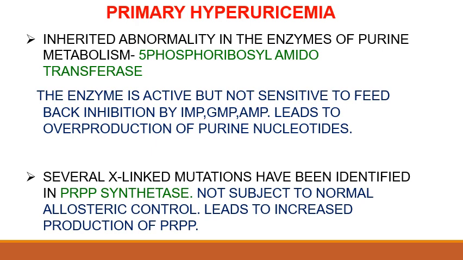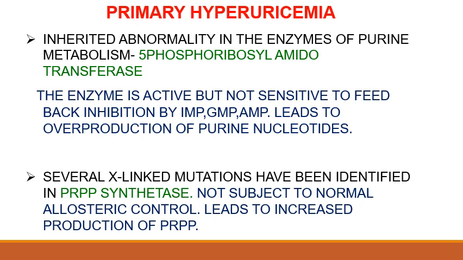So if there is an inherited abnormality in this enzyme, that is the 5-phosphoribosyl amido transferase enzyme, it could affect purine metabolism. Now what we see in this case is that the enzyme is active, but it is not sensitive to feedback inhibition by its products, that is either inosine monophosphate, guanosine monophosphate, or adenosine monophosphate,